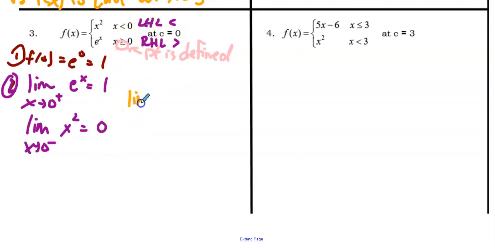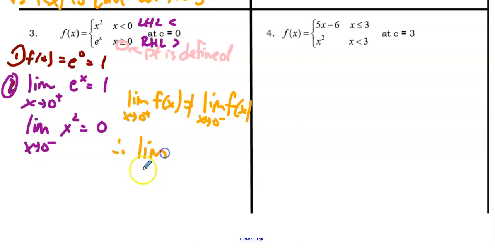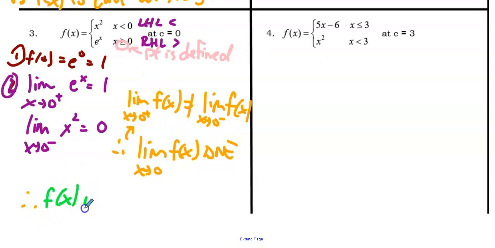We have to say that the limit as x approaches 0 from the right of f of x does not equal the limit as x approaches 0 from the left of f of x. And clearly they're not, right? One is 0 and one is 1. And so you can conclude here that this overall limit does not exist, because of your justification of this step right here. So finally, after all this is said and done, we can say that f of x is not continuous